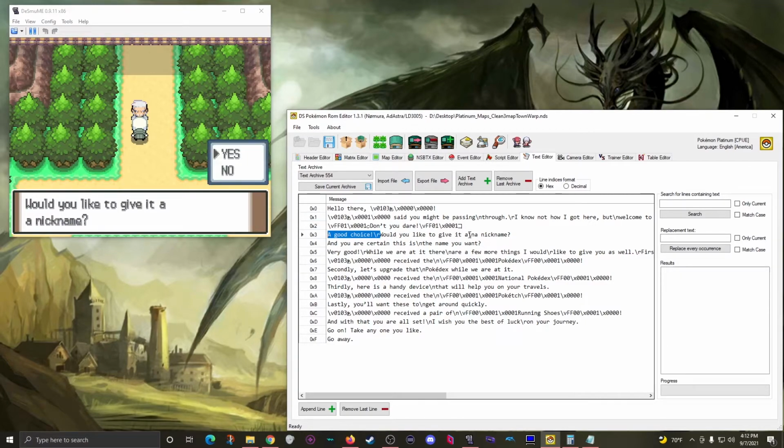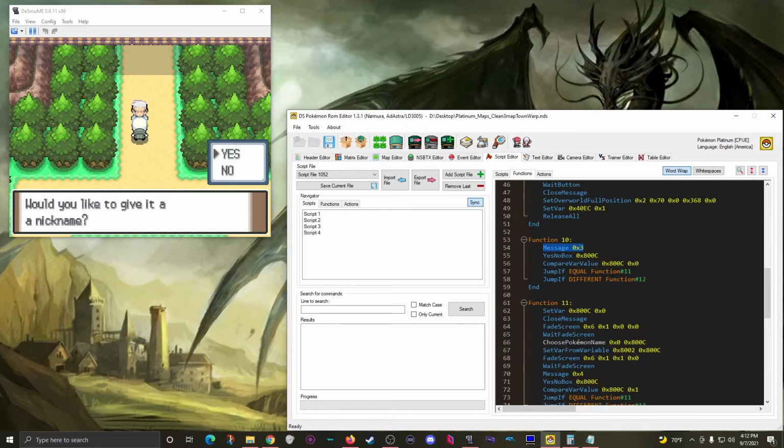Would you like to give it a nickname, which we're just separating with a /n? Okay, so we hit the end of this, and we're jumping back. So we do the next command, which is the yes/no box, which just brings up this. And what we can do is give it any variable, and you'll see this one, the variable with the hex